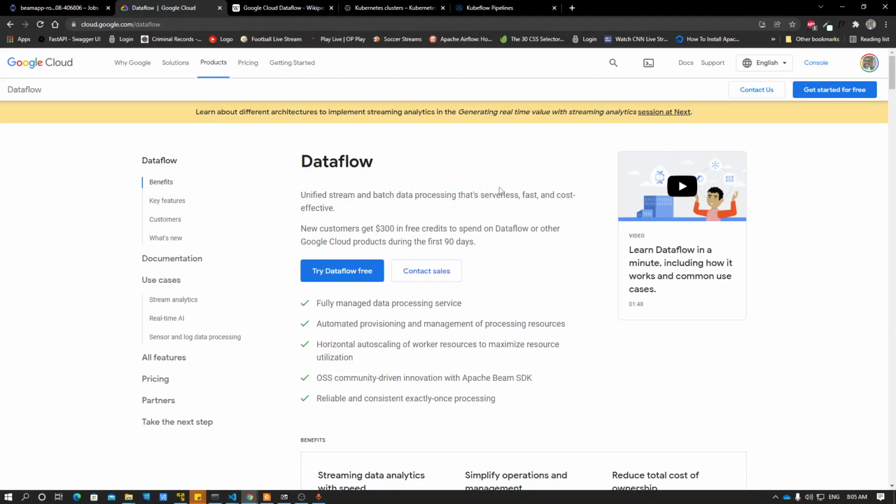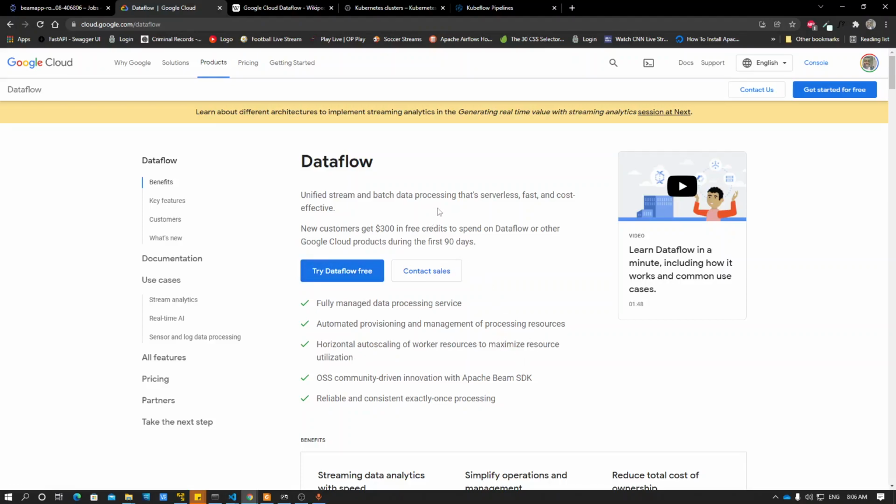Serverless means you don't have to set up any virtual machines or any virtual CPUs. Dataflow will determine how much CPU and memory you need and then start your job. It's fully managed, it can be used for streaming and batch processing, and it has horizontal auto scaling of workers.